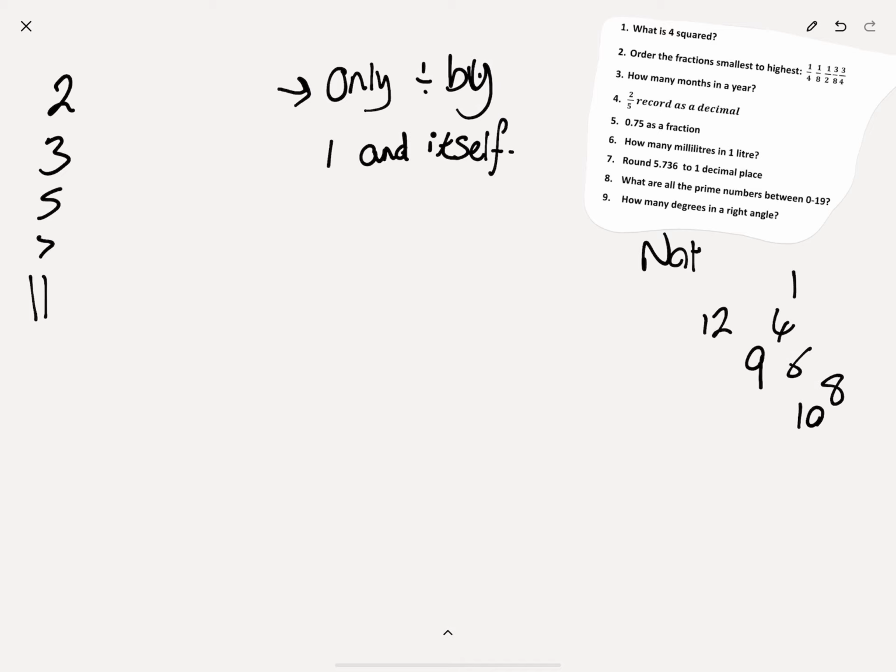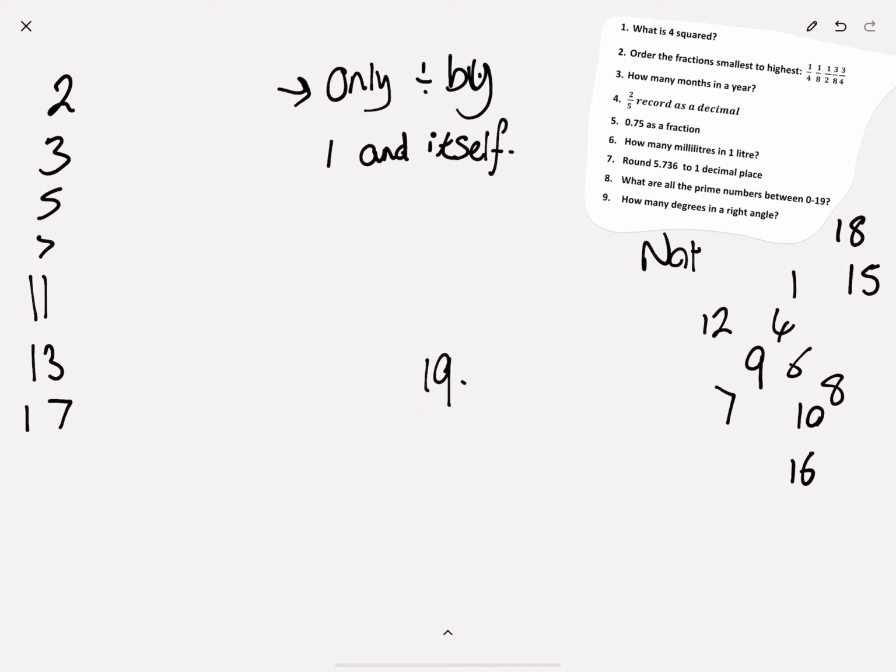12 is in the 4s. 13 is only in 1 and 13. 14 is in the 7s. 15 is in 3s. 16 is in 2s. 17 is in 1 and itself. 18 is over here. Now,